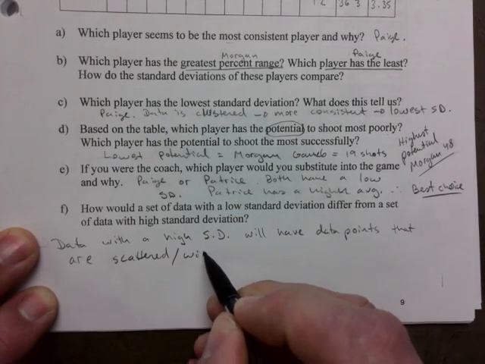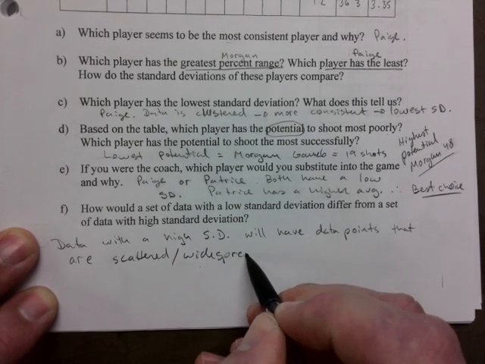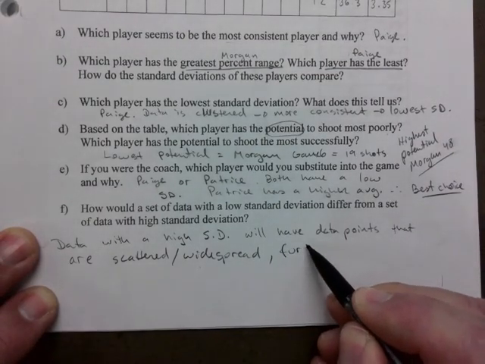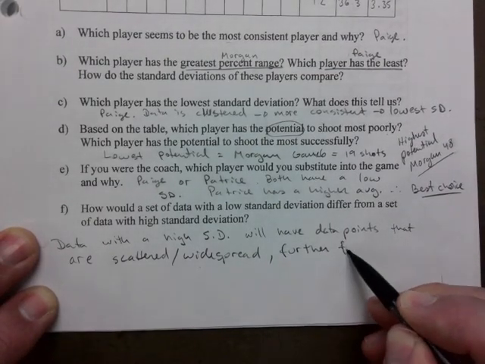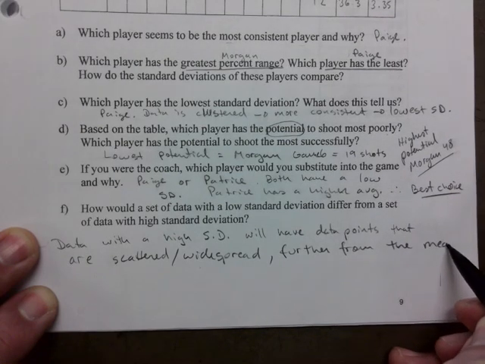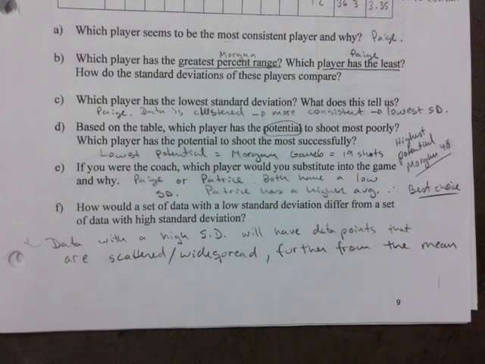You can say widespread, comma, further from the mean. Okay, so yes, it's going to be spread out, it's going to be scattered, and it's going to be further from the mean. All of those are true. Okay,